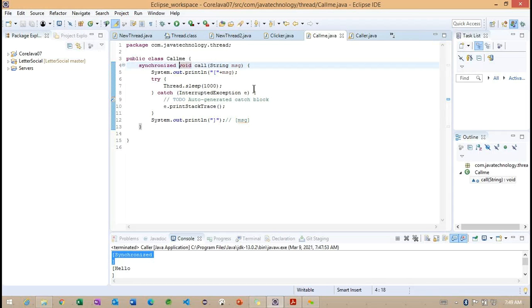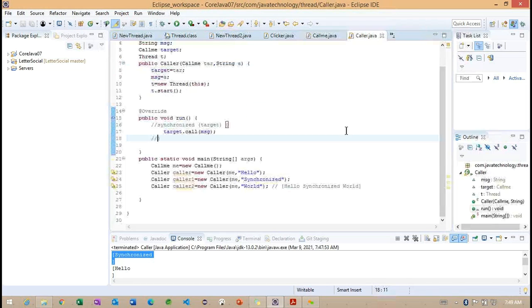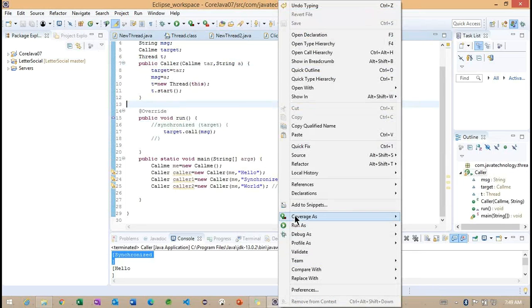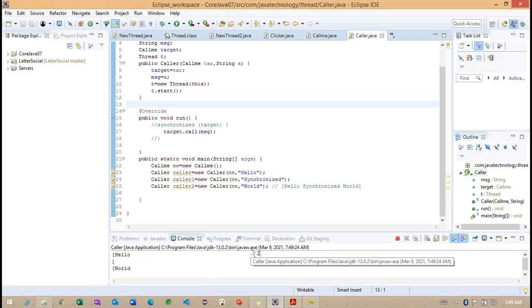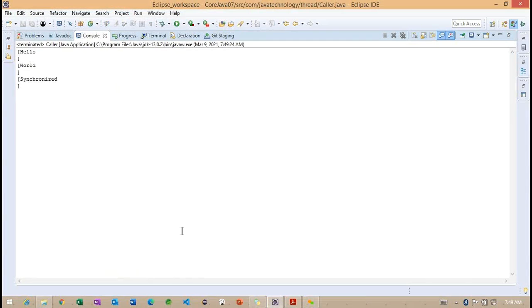So carefully observe here. Now, if I run this particular example, see the output difference. What happened? Again, we are getting the same thing here.